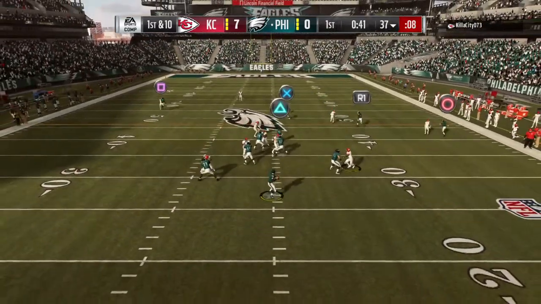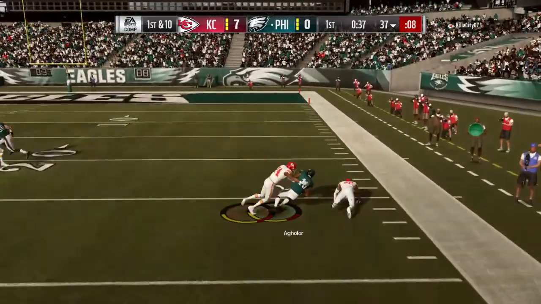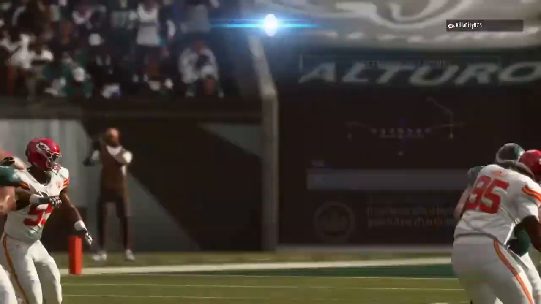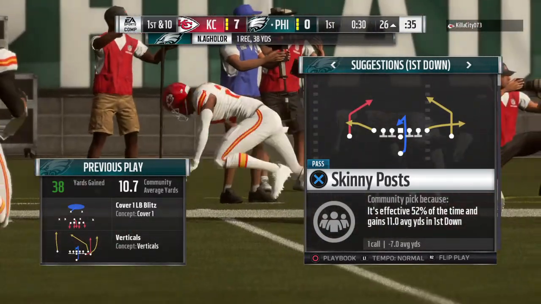Wentz now on 1st down. He'll rifle this one deep right, and this will be caught at the 30. And he'll go down, but not before getting this inside the 30. They give him a gain of 38. Well, partner, I'm not sure how this